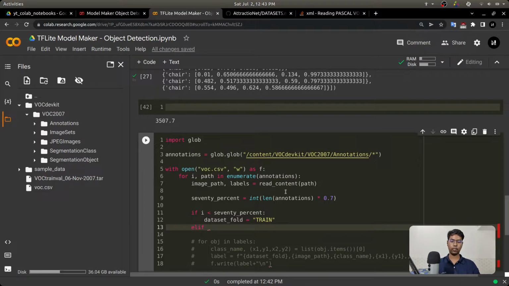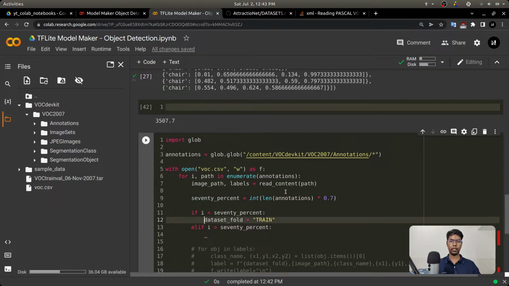So if i is greater than 70%, so this could be validate or test, but because we also want to chunk out the validation and test set, we can do it from this remaining 30%. So if i is greater than 70%, however it is less than